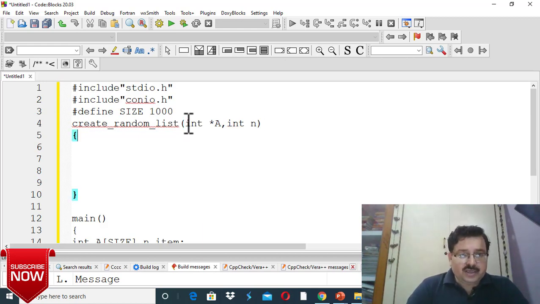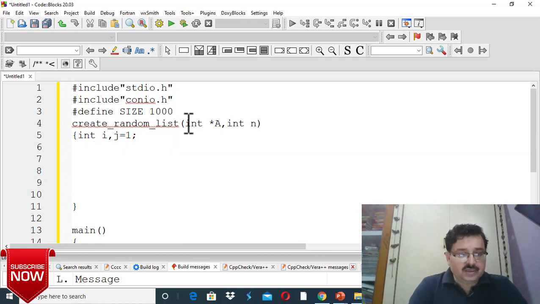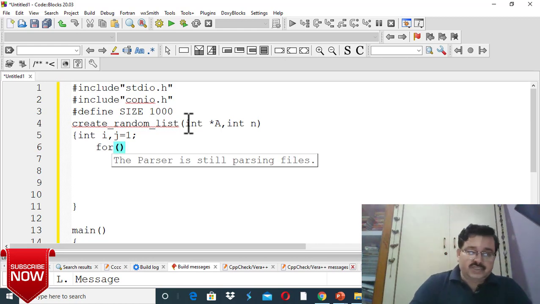So now I have to generate a random array. I will take variables i and j. Suppose j is starting from 1. Why I am taking 1, I will explain it. For the first loop, i is equal to 0, i is less than n, and i plus plus.